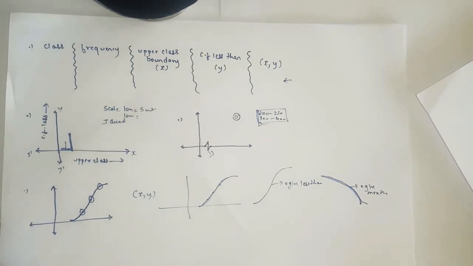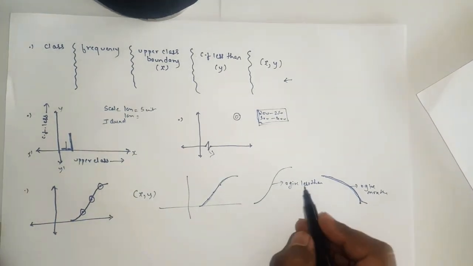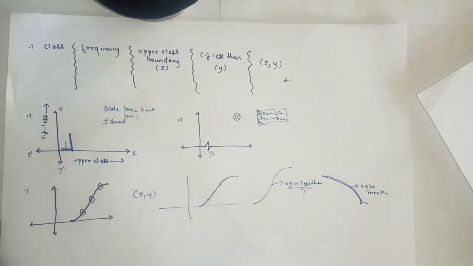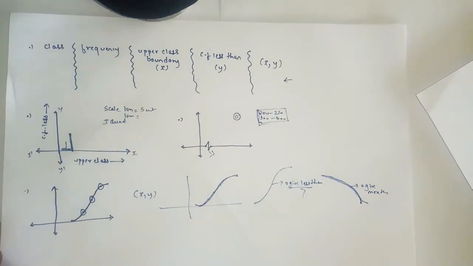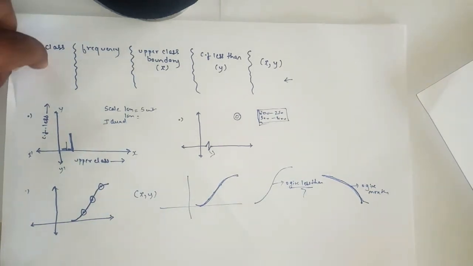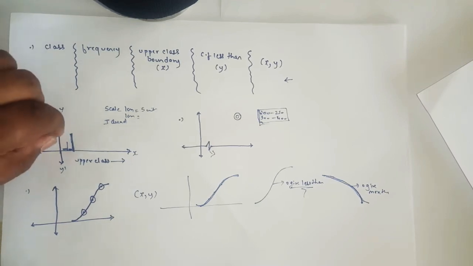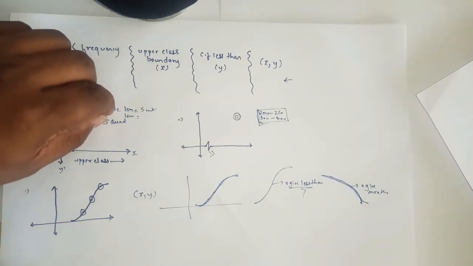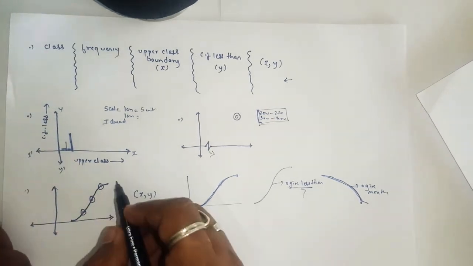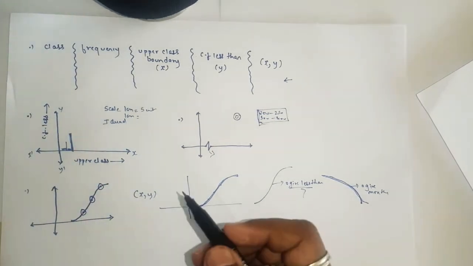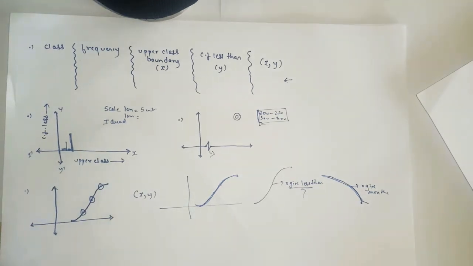So basically, in our exercise, the sums are based on what? The ogive less than. Now these are the concepts. So this structure is known as the ogive less than. Step number 1: you have to prepare the table, then the graph, take the proper scale, plot the graph with respect to the x and y coordinates, and draw the curve. Then whatever answer they ask, you have to find it. So let's begin with the sum now.